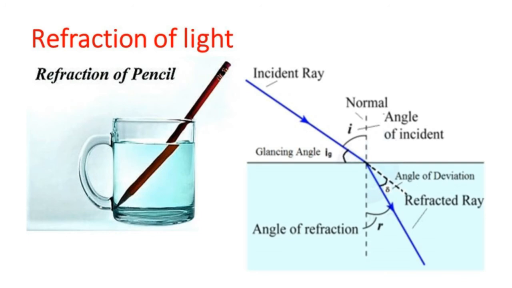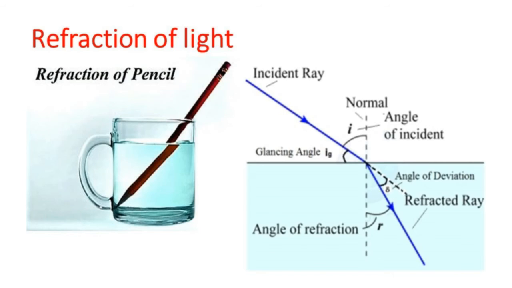Refraction of light. Let's do this activity to understand the refraction of light at the air and water interface. Put a straight pencil into a tank of water or beaker of water at an angle of 55 degrees and look at it from one side and above. How does the pencil look now? The pencil appears to be bent at the surface of water. This activity explains the refraction of light.